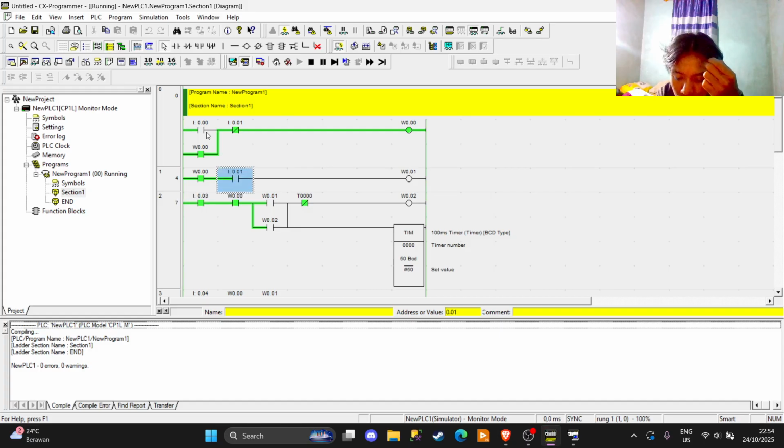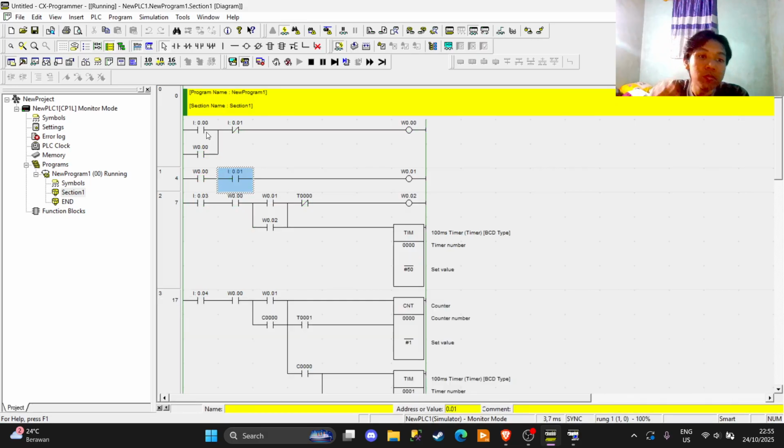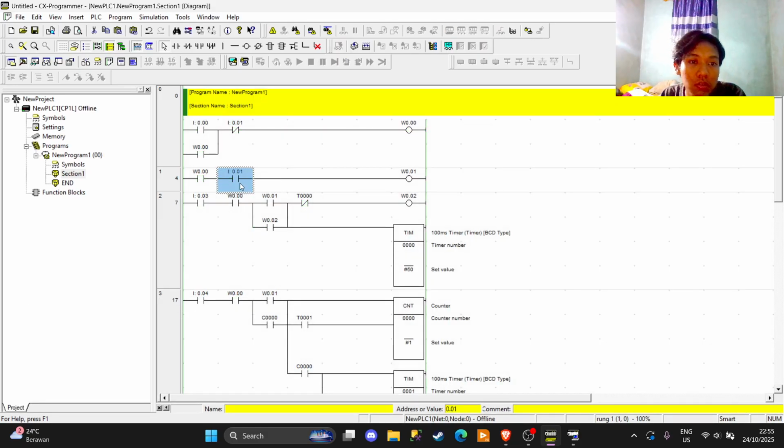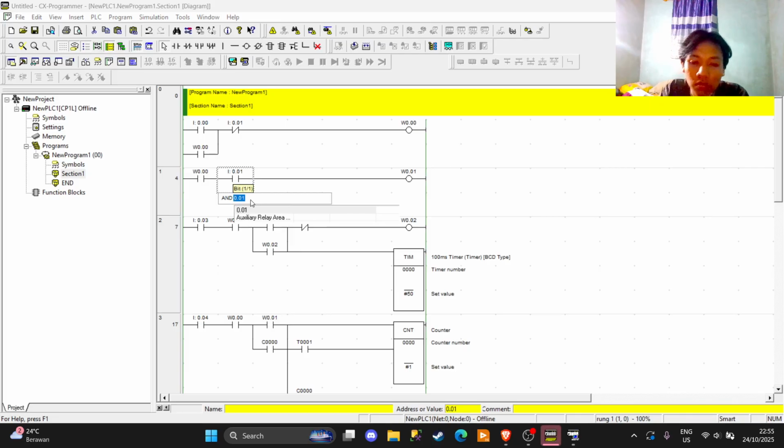This is switch 2. Okay, this is one. Then the proximity.